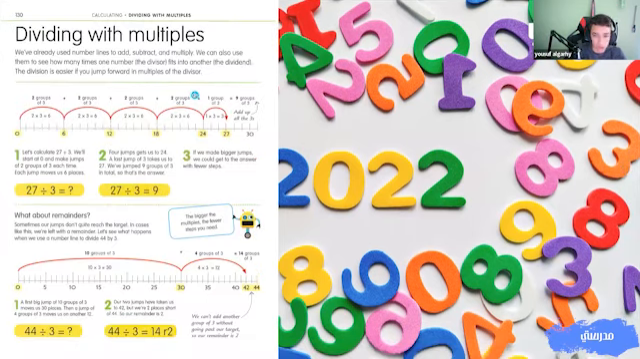All right, so now we're going to do dividing with multiples. Well, let me just fix this microphone really quickly. So dividing with multiples,